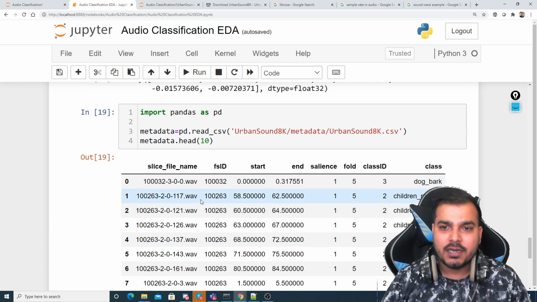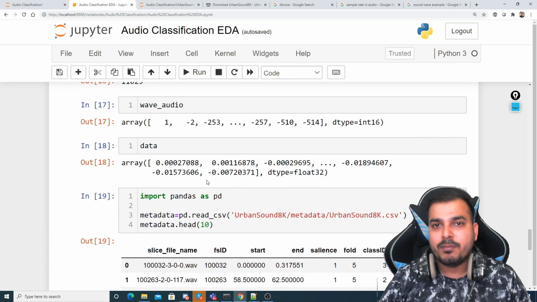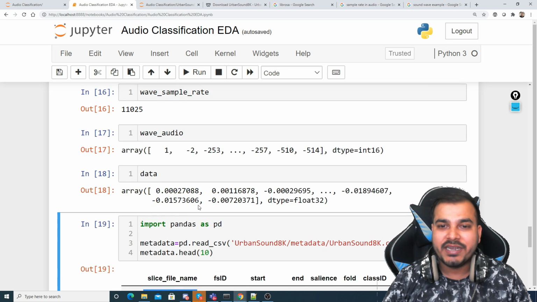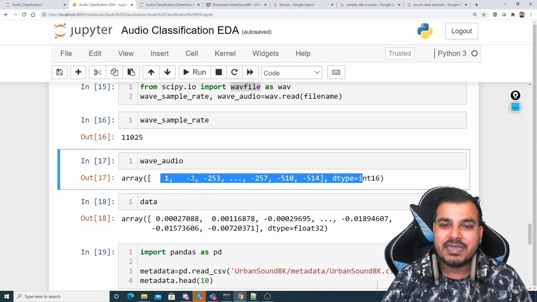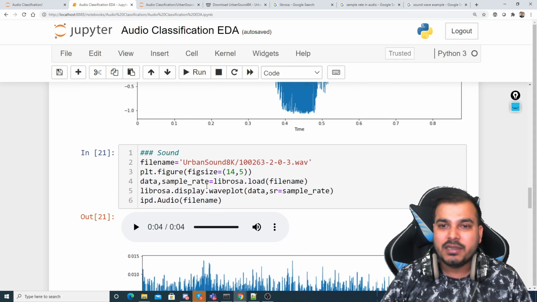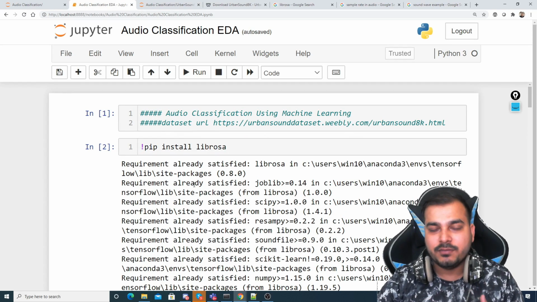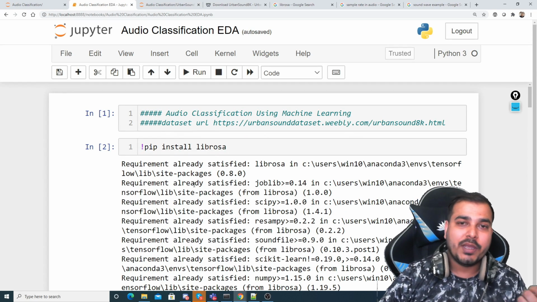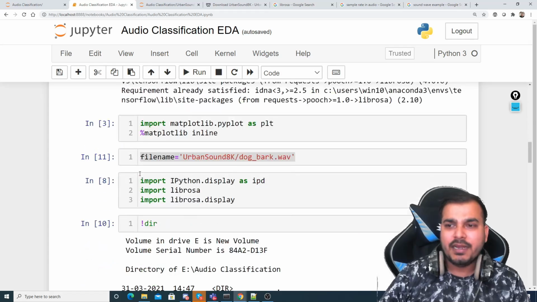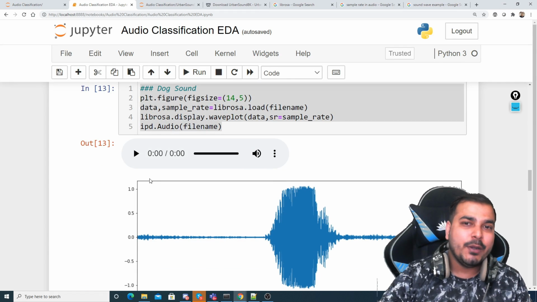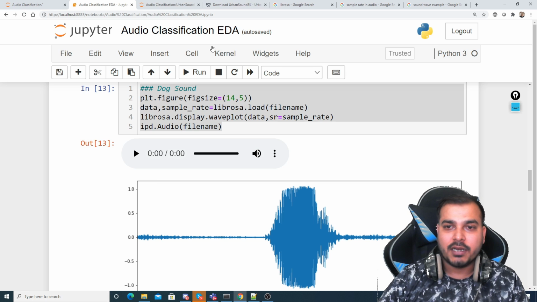Now we have got this particular information also. Now in the data pre-processing and data splitting, we'll read each and every signal, and we'll try to get the audio and sample rate with the help of librosa. That is what we are going to do. The reason I'm doing this very simply, guys, is because I want you all to download the dataset quickly and complete up to the EDA part, and I will come up with the next video where we'll do the data pre-processing and select this particular dataset itself.